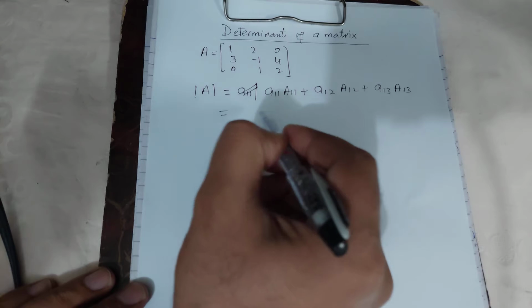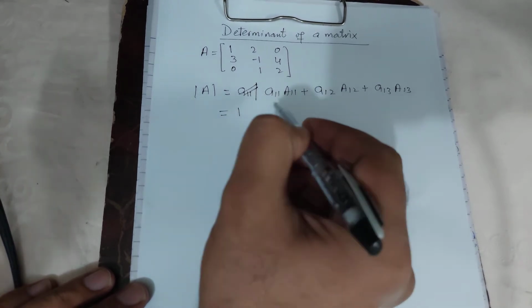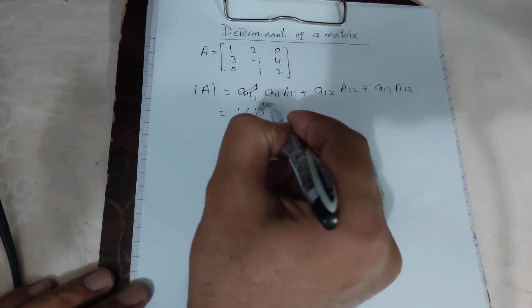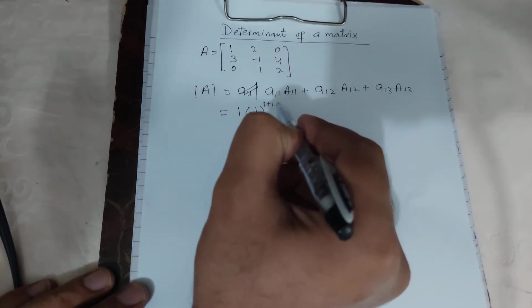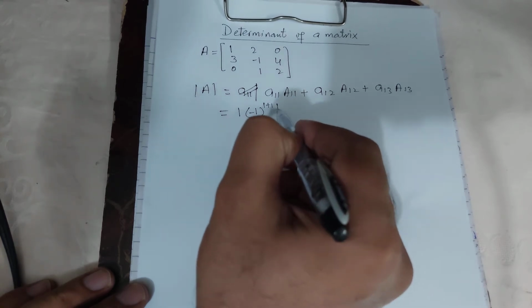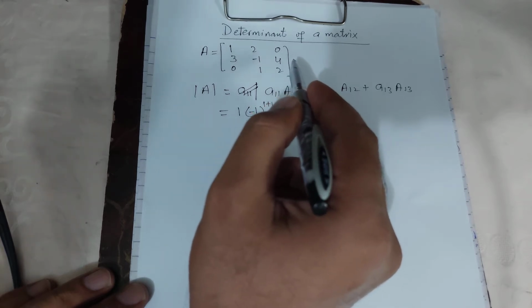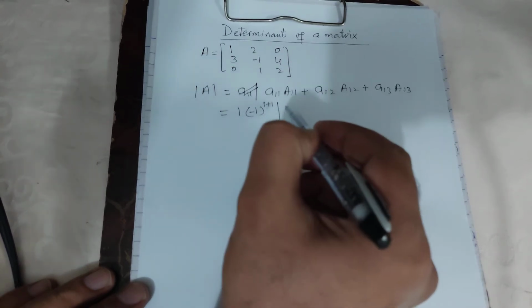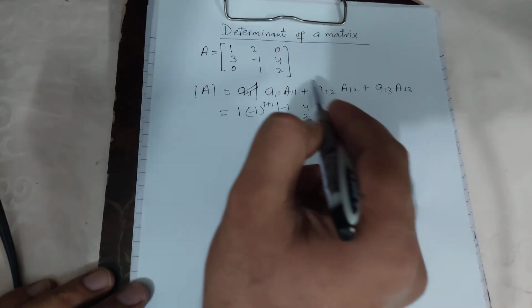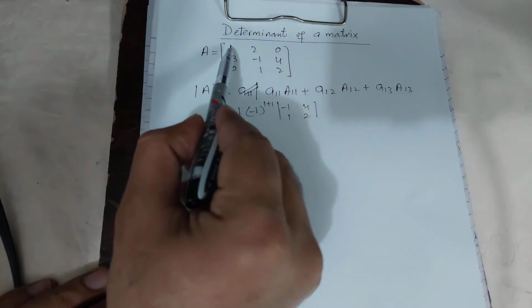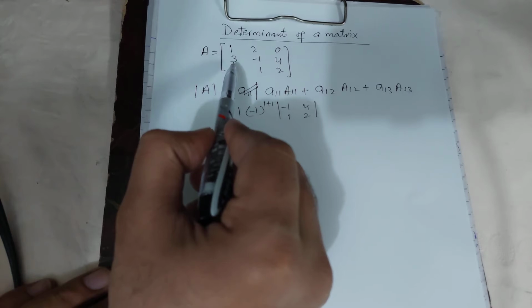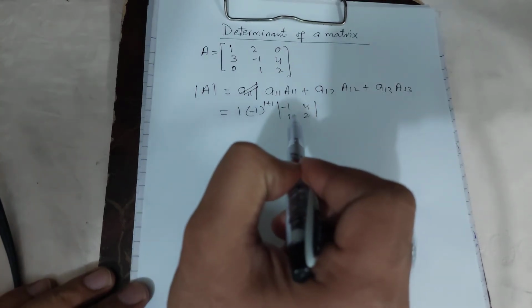Now we have the first element, which is 1, and the cofactor of the first element, as you know, is minus 1 power 1 plus 1. 1 plus 1 is basically the position of the first element, right? And then the cofactor is minus 1 4 1 2. So what we have done here, we just removed the corresponding row and column of the element of which we are going to find the cofactor. Okay,